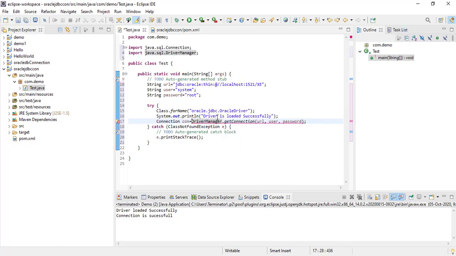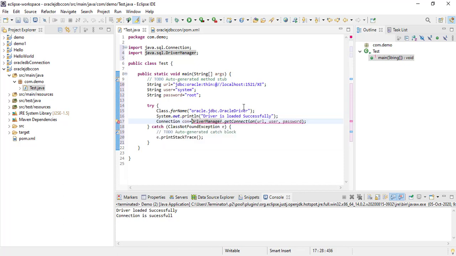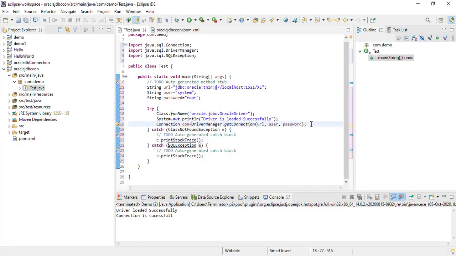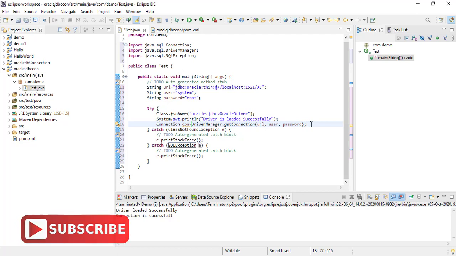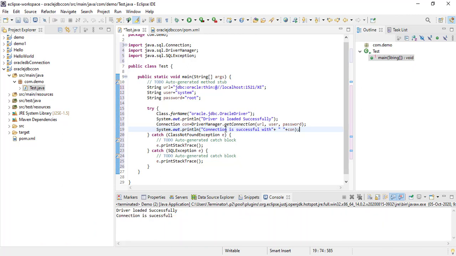Now I need to surround this line also inside the try catch block. I already added the try catch. Now I will add only one catch clause. Now I will write another print statement. See here I wrote the print statement as connection is successful with the driver. Con will contain the connection object.